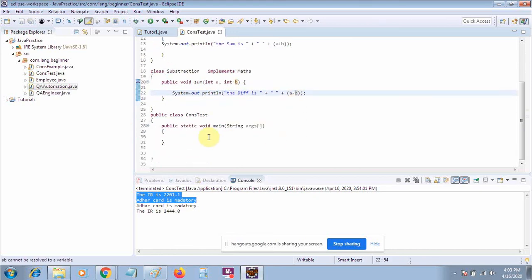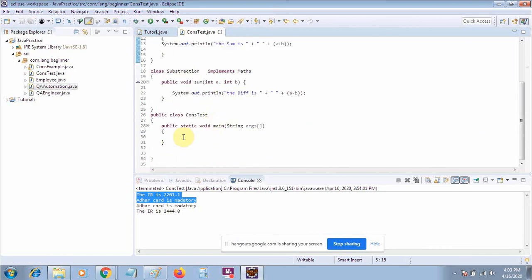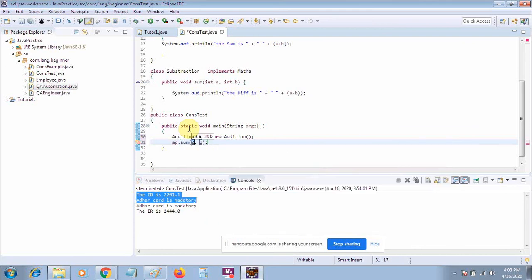Now I will create the objects of my classes and we will execute the methods. Suppose it is the Addition class, we have the object like new Addition, and using this we can use the method sum. We will pass two values like 20, 10.